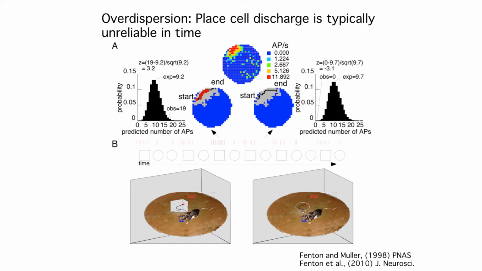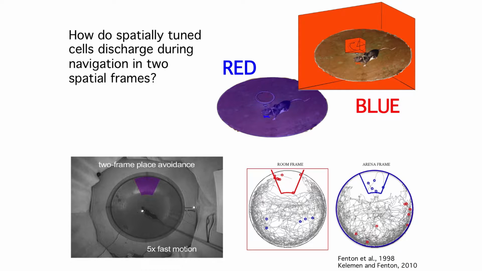That's not going to be the story today, but one of the early thoughts I had, and you'll see where that comes from in the next slide, was that very possibly the hippocampus and these cells were not simply responding to place, but to something like a place from a particular point of view or spatial reference frame. And so that's something I'm going to spend the rest of the talk describing. And so as I've ended up developing, we decided to study how spatially tuned cells discharge during navigation, in particular in at least two spatial frames.